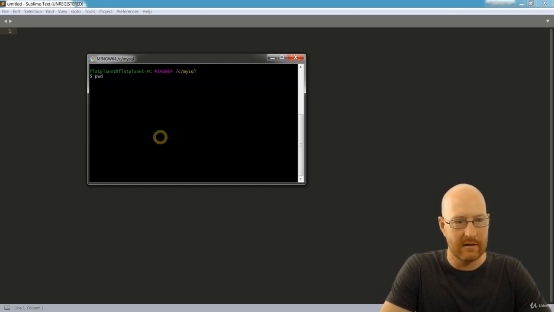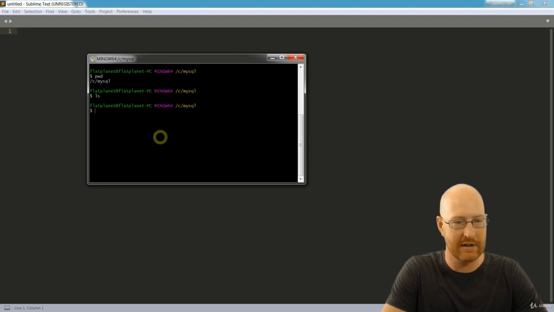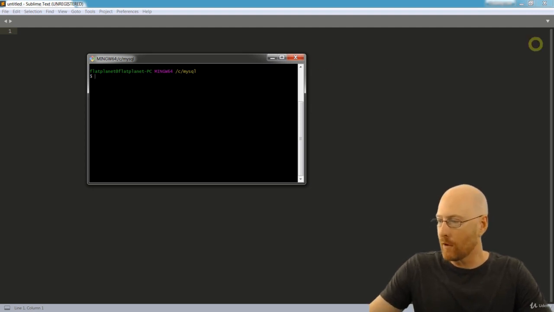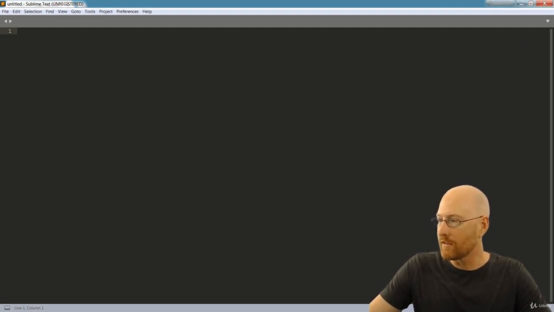Clear the screen. So I can see, yes, I'm in MySQL. Type in ls. There's not actually anything in there at the moment, and that's fine. We haven't created anything yet. But before we move forward, we need to install one more thing